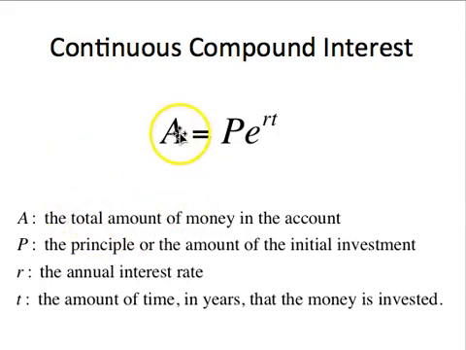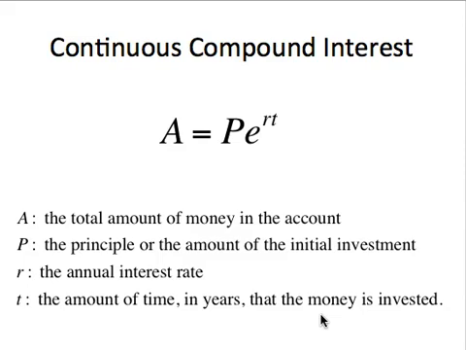A is the total amount of money in the account. P is the principal, that is what you initially invest. r is the annual interest rate, and t is the amount of time in years that the money is invested. So we assume this is compounded continuously. So this is the formula to find the amount of money in the account if it is compounded